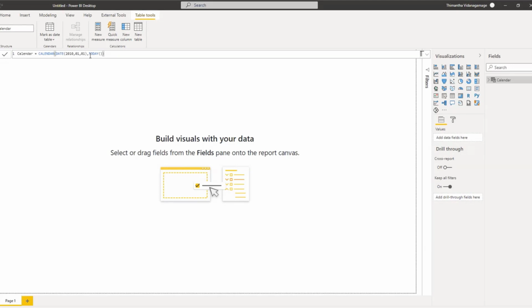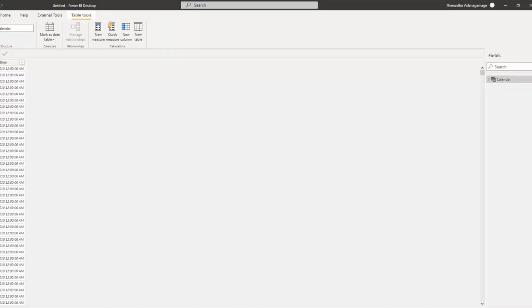So in this situation, I'll just be using the today date, which returns the current date. As I told you previously, I am loading here the dates between 2010 January 1st to today, which is 2021 July 3rd. And you can have a look at that table in the data view.